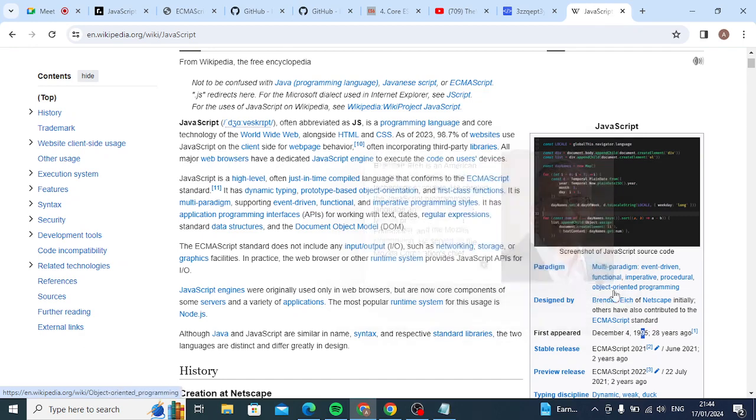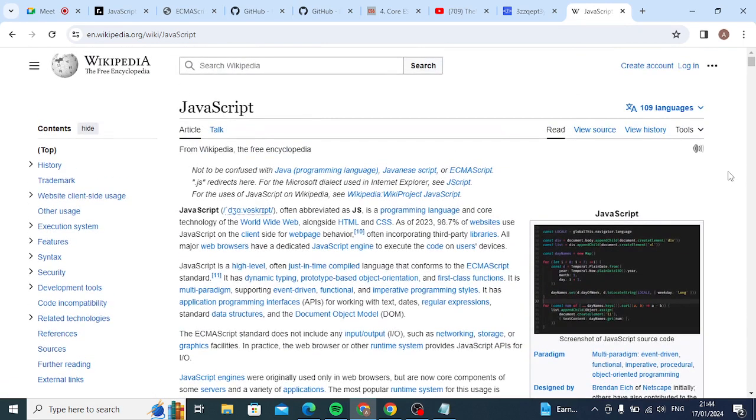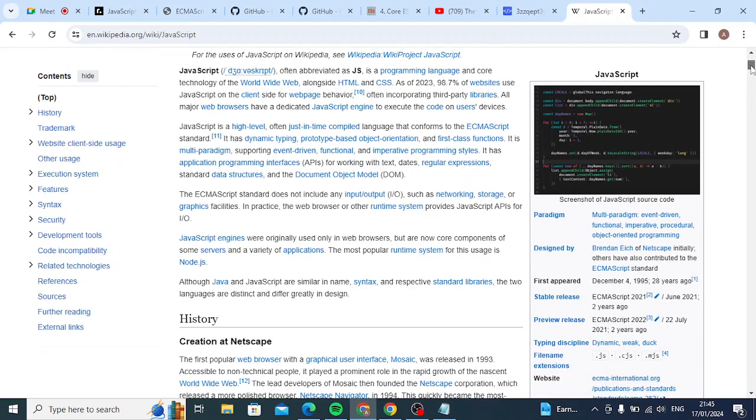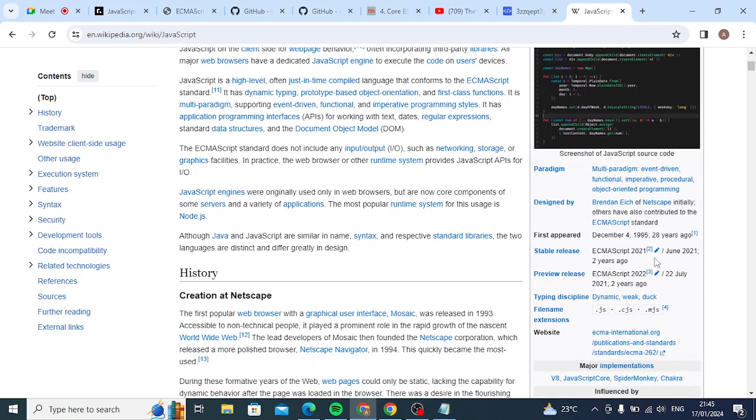Then why did they name it ECMA? What is the full form of ECMA? ECMA stands for European Computer Manufacturing Association. Not sure why they linked that here. He was working at Netscape and designed it.